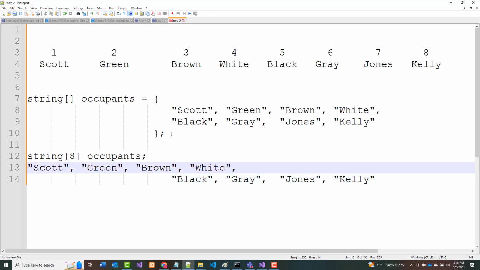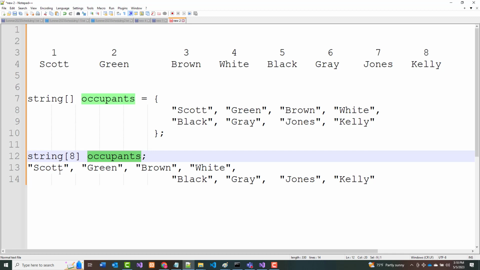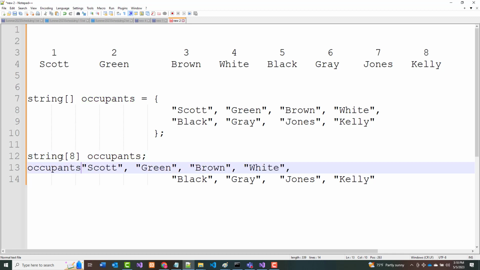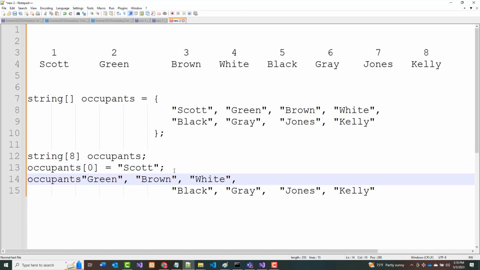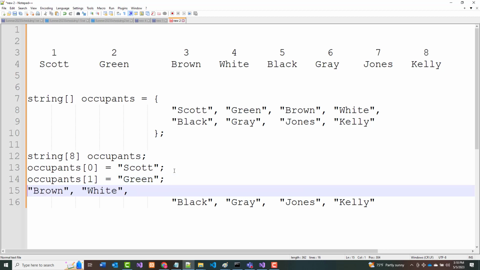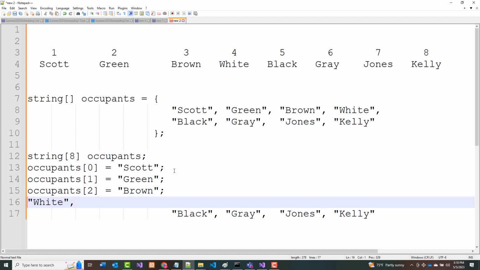So I could have said occupants 0 equal Scott, occupants 1 equal Green, occupants 2 equal Brown, occupants 3